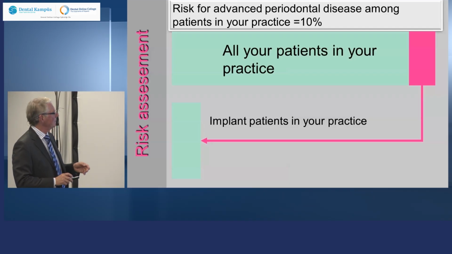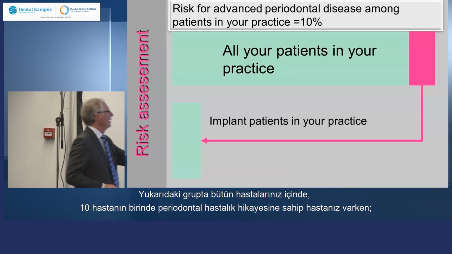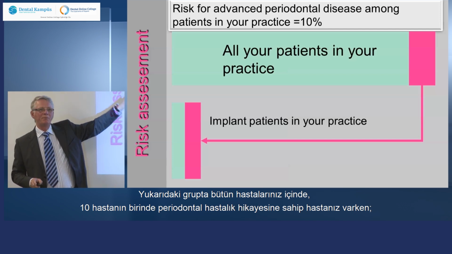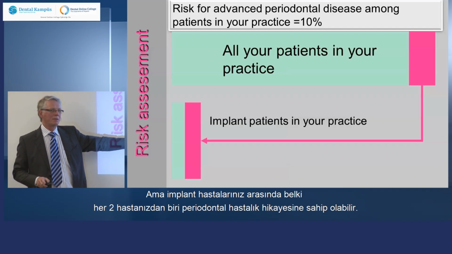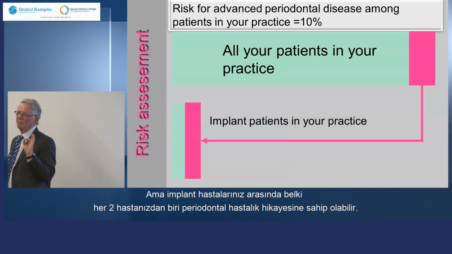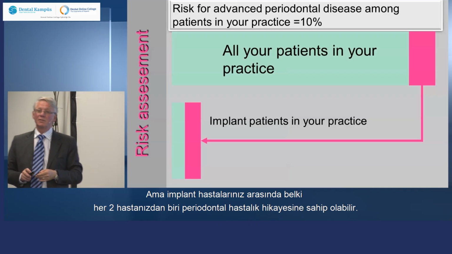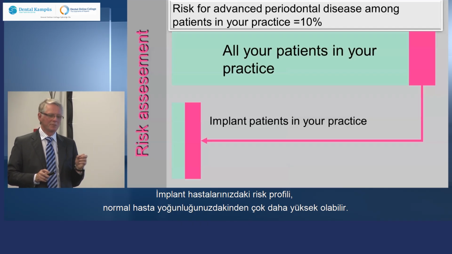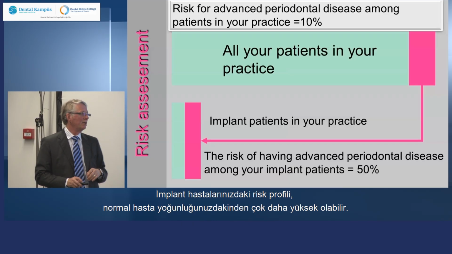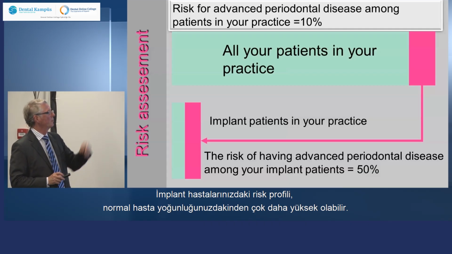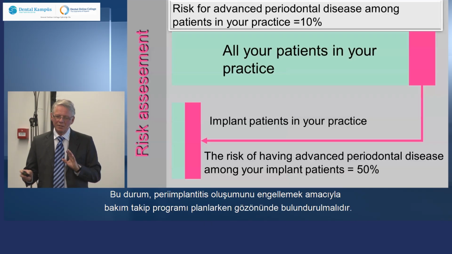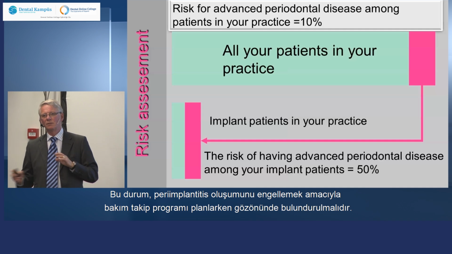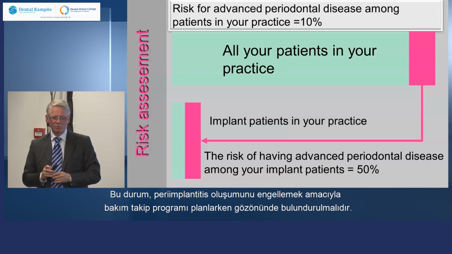So maybe in your whole practice you have 1 patient out of 10 with a previous history of periodontal disease, but among your implant patients, I don't know, maybe it's every second one. So your risk profile on your implant patients is much higher than on your ordinary patients in your practice. And this should be considered when we are planning maintenance programs and so forth to avoid the presence of